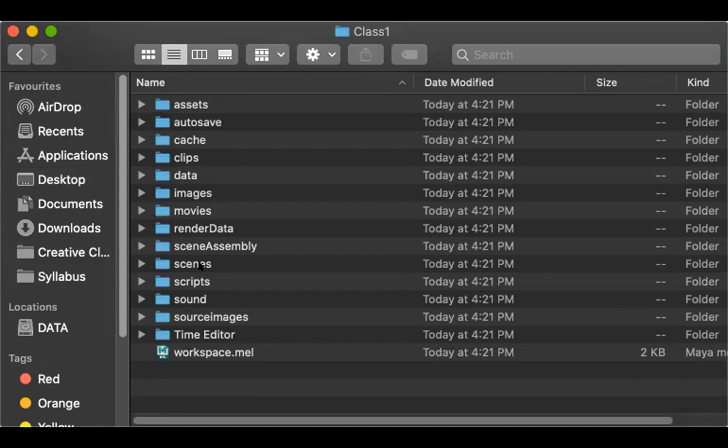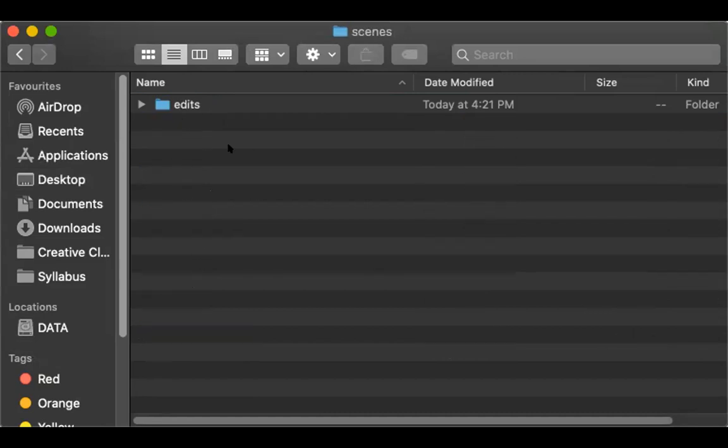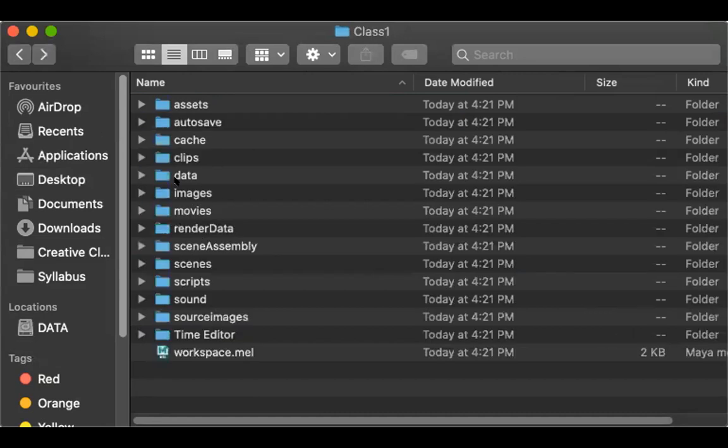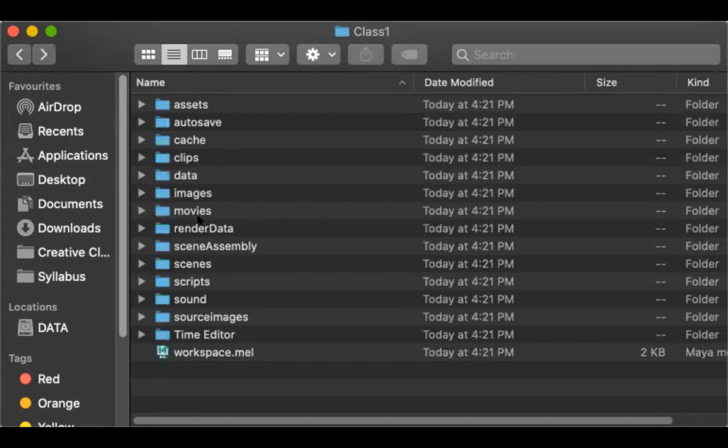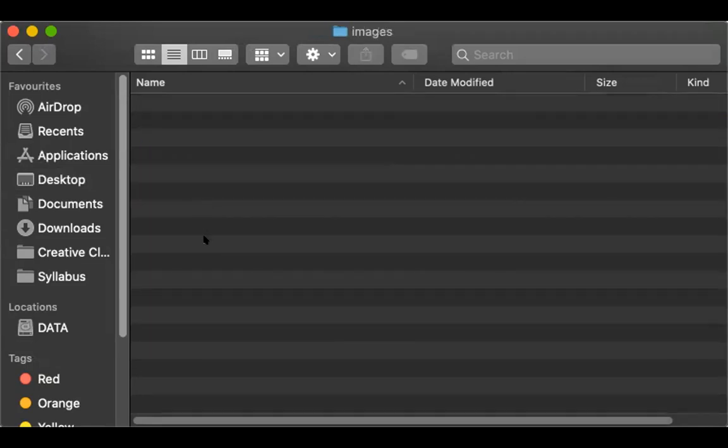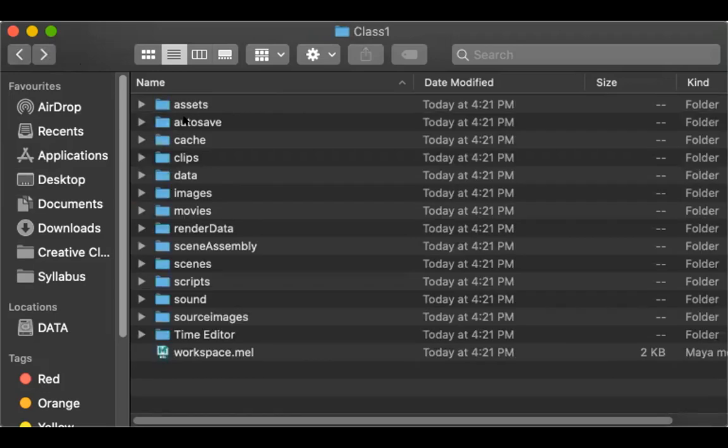If you save your file, your scene will be saved inside here. If you are working with images, they will be kept over here in the source images. And when we work on the rendering part and take a final output, the final output will be saved inside the images folder. Here you can find autosave, and this is something important.